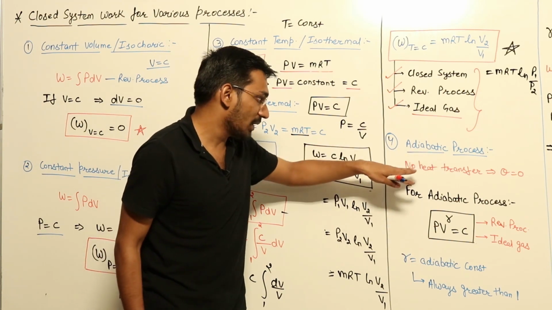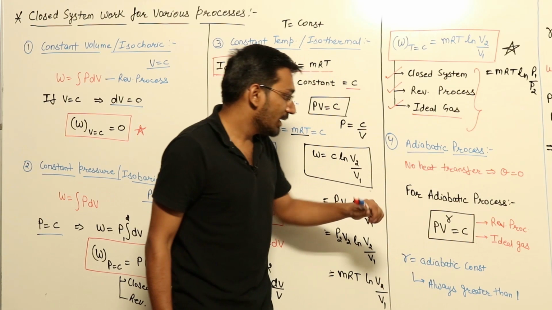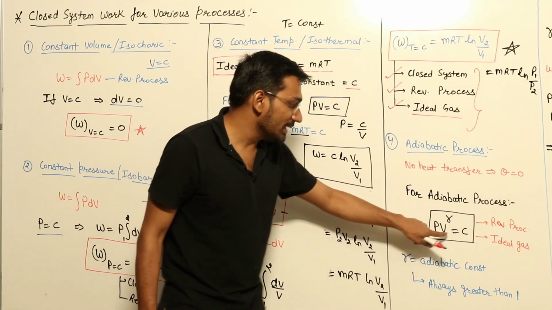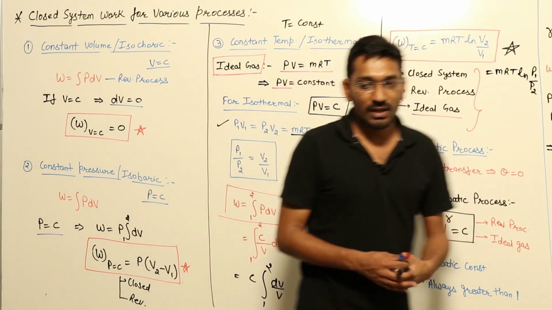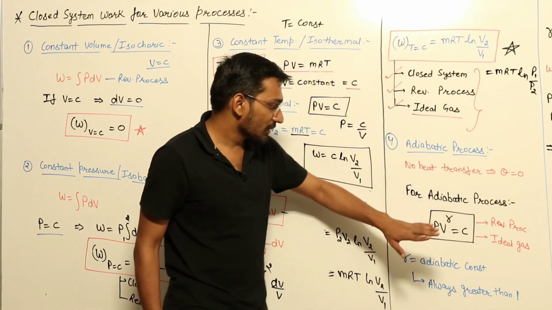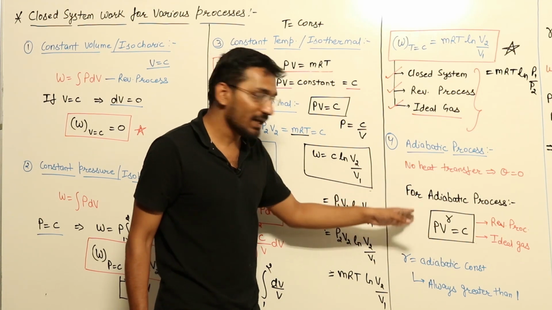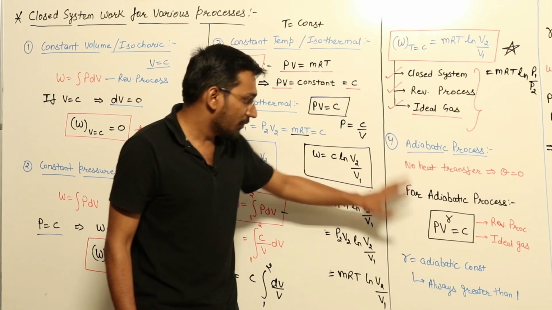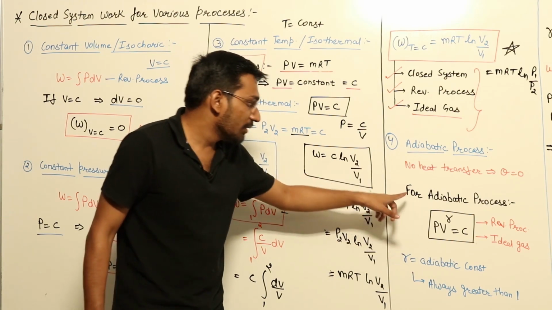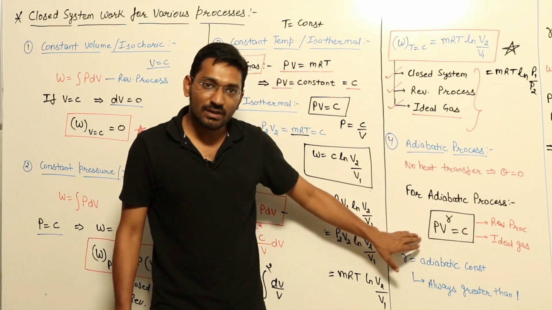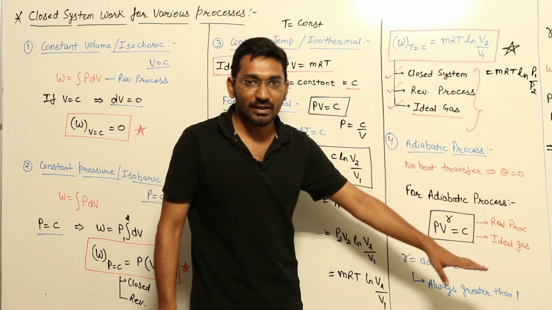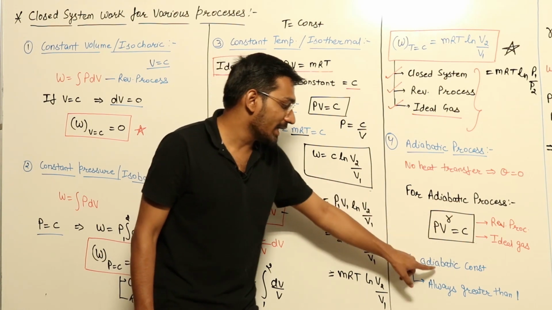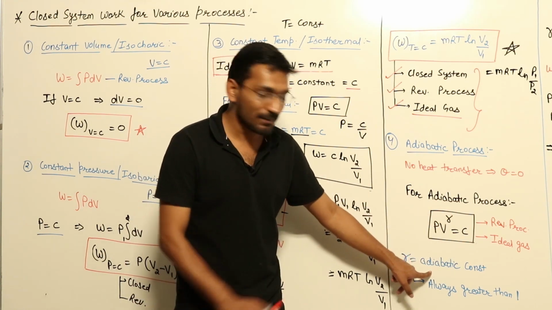So in adiabatic process there is no heat transfer, and for adiabatic process the equation will be PV raised to power gamma is equal to constant. We'll derive this equation later on, right? When we are studying heat transfer, heat interaction, we derive this equation there. For as of now, for reference, for adiabatic process, equation will be PV raised to power gamma is equal to constant. P is your pressure, V is your volume, gamma is your adiabatic constant, some constant is there,